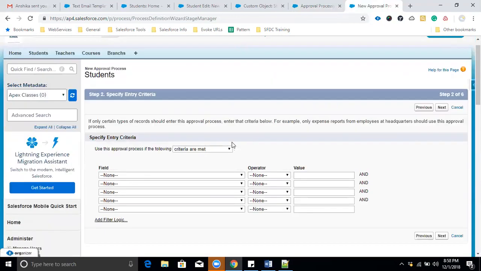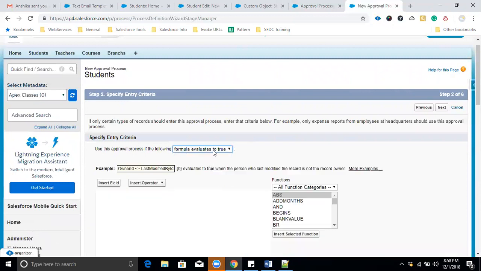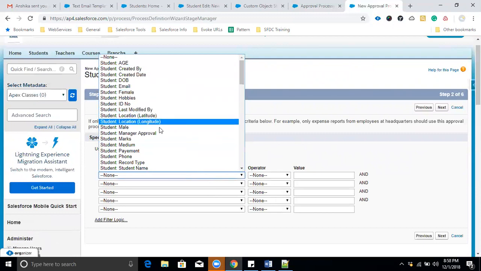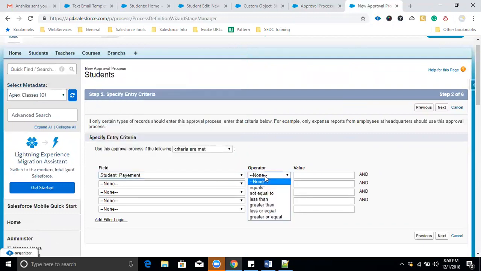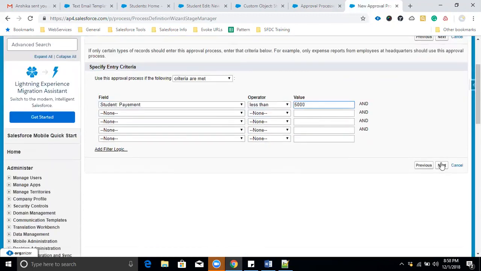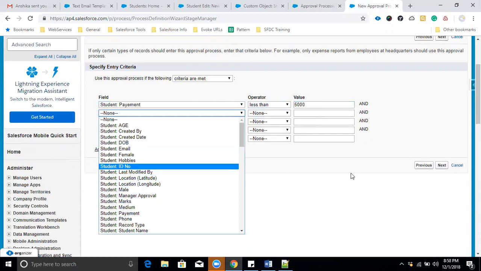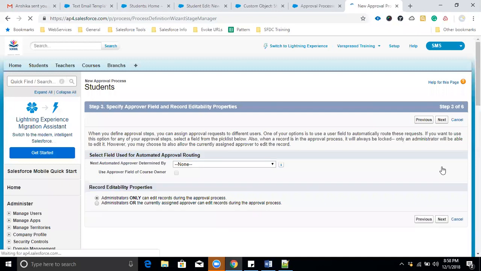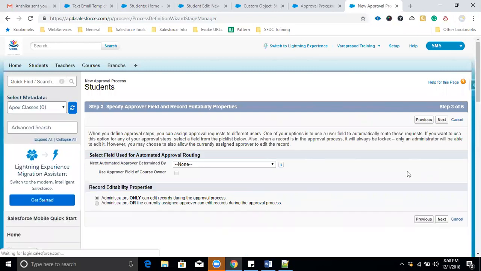Here we can select, same as in workflow, criteria or formula based. I'm setting the criteria: student payment is less than 5,000. We need approval. Okay, if a record is created and meets this criteria, then only we'll submit those records to the approval process. Okay. Check and then click. If you want to add multiple criteria, then add conditions. Okay, understood. Same as this. Only a little bit is different compared to workflows. This is for approvals. That is for actions only directly.